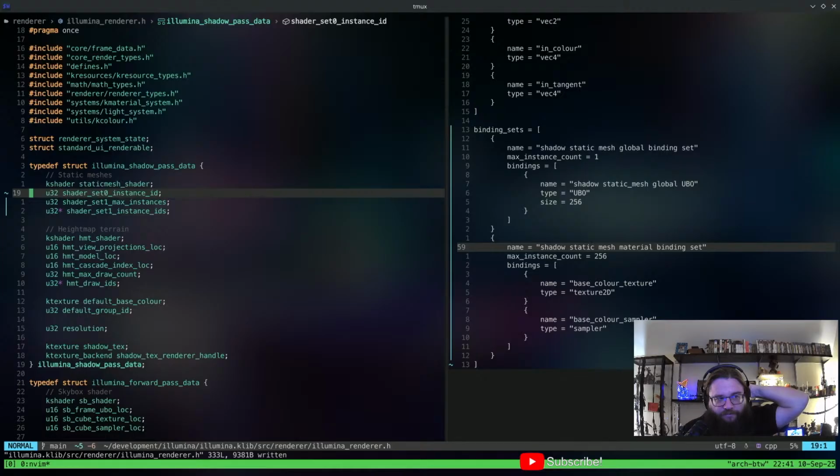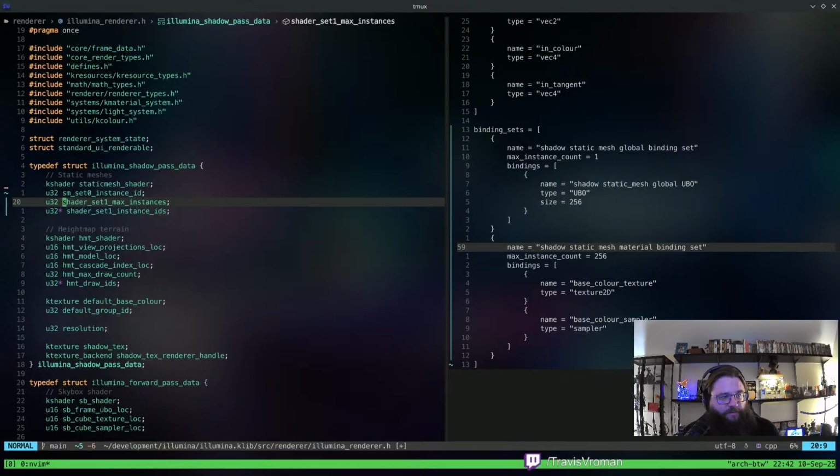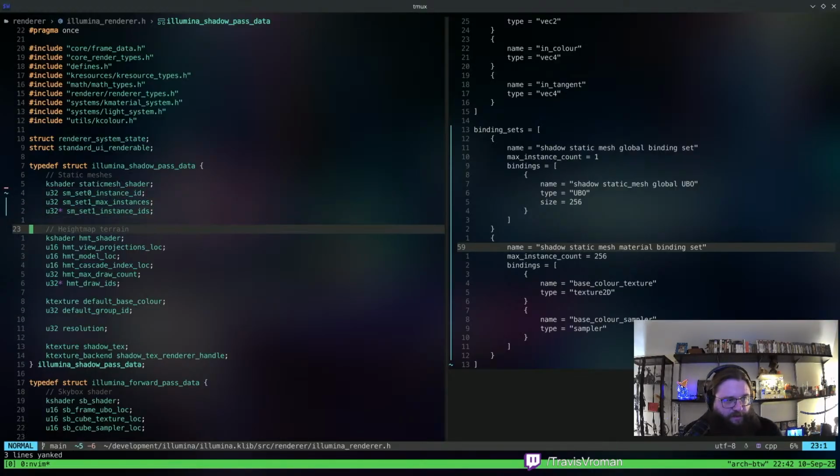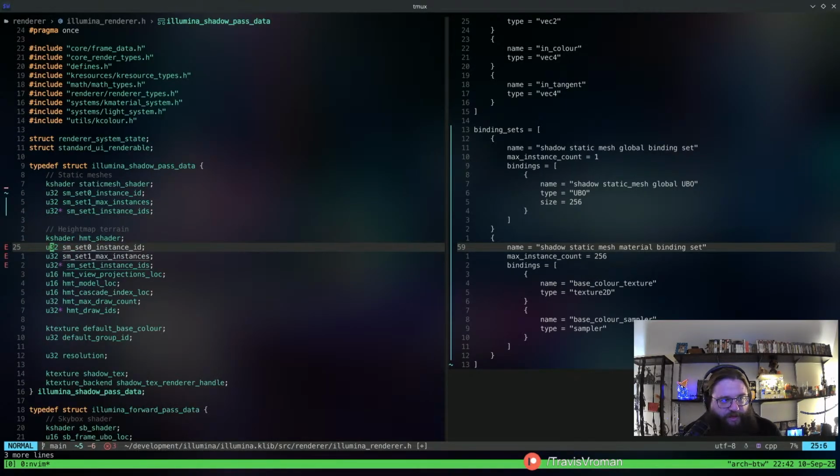So, oh, that's for the static mesh. We should probably think about a different name then. Let's do static mesh, right? And then we can take these down here. And for the height map terrain shader, which we haven't actually set up yet, but we need to do that as well.